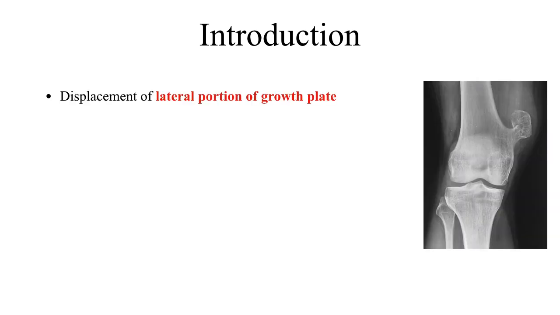The word exostosis is because of this radiological picture, which is seen as a cauliflower-like outgrowth of bone from its normal limb bones. How does this form? The theory behind the formation of this exostosis is that during the growth phase of the skeleton, especially of the long bones, which grow by the physis, the lateralmost portion of the physis gets displaced from its main structure and starts growing separately away from the adjacent joint.